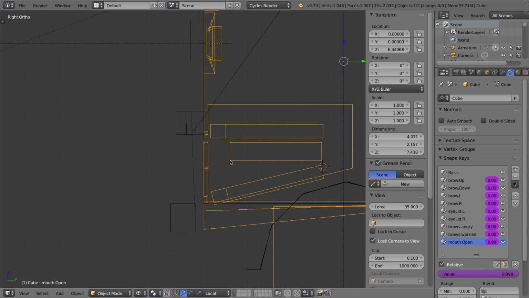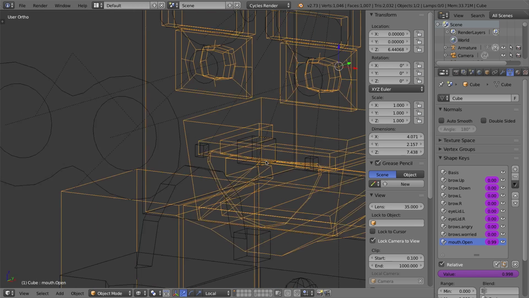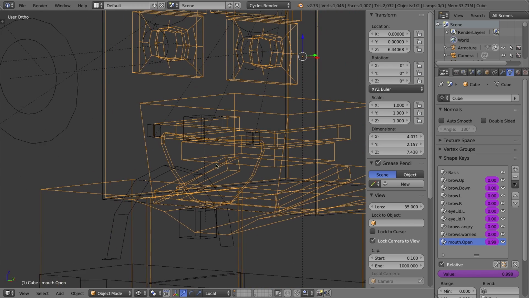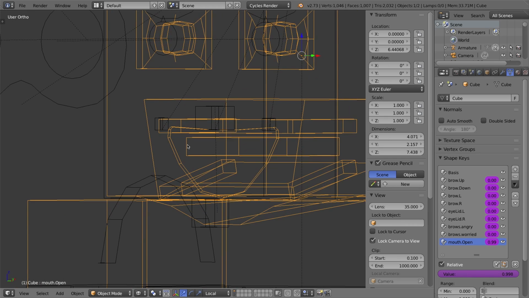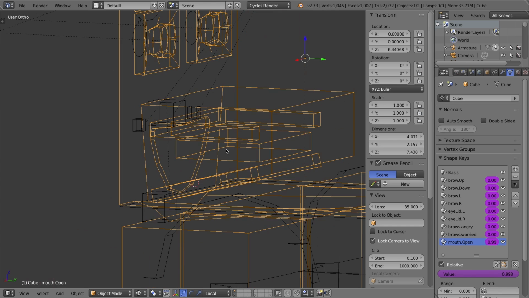Now, the way we're going to do this is we're not just going to have one bone for the tongue. And we're not just going to have 2 or 3 or 4 bones for the tongue. We're going to create a special setup so that you can squash and stretch the tongue, and it'll work out really, really well. And the tongue is quite a large object, and in fact, when your mouth is open, it can't actually fit through the front of the mouth as it stands because the tongue is just too wide and too blocky. Luckily, when we set up a quite simple squash and stretch rig for the tongue, when it squashes